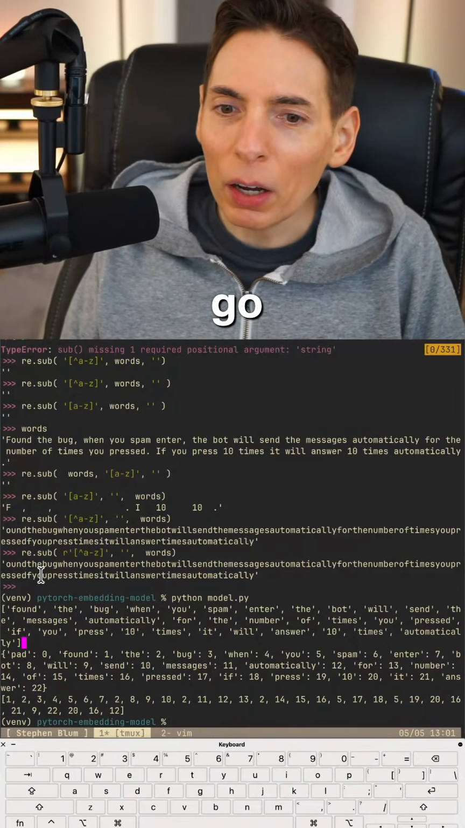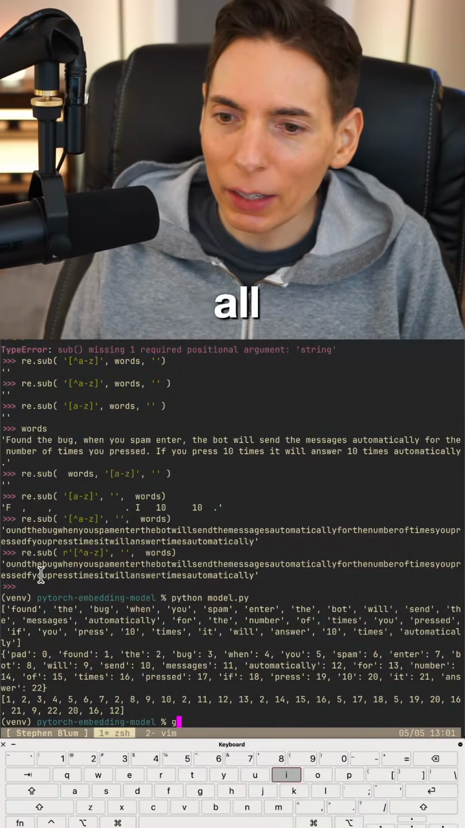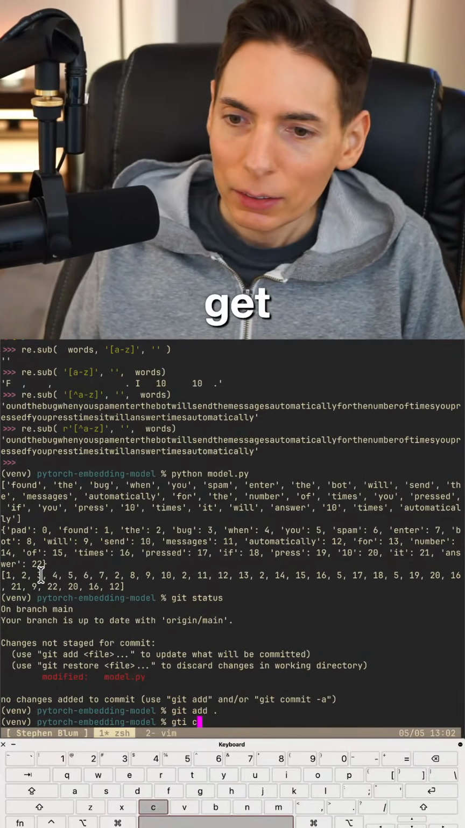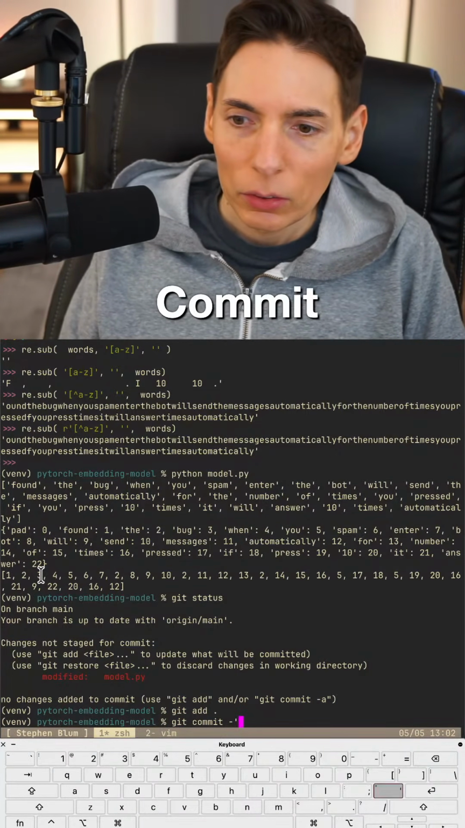There we go. Bug is fixed. We solved it. All right. Git status, git add, commit. We fixed